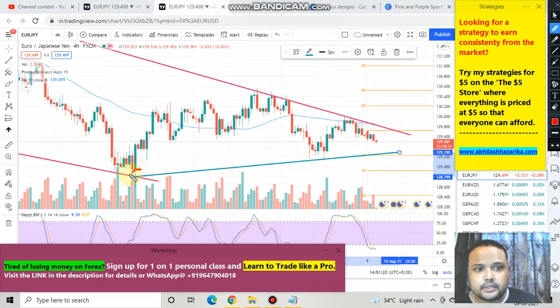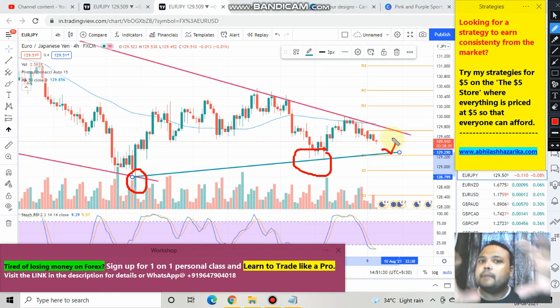So this is our first touch, this is our second touch, and don't you think the market has a possibility that the market will bounce from here? Because if this had been a completely sellers' market, then obviously it would have been easy for us to short the market. But right now we are seeing that price is not going down that easily, which clearly signifies that buyers are there in the market and they are not in the mood of going down that easily.